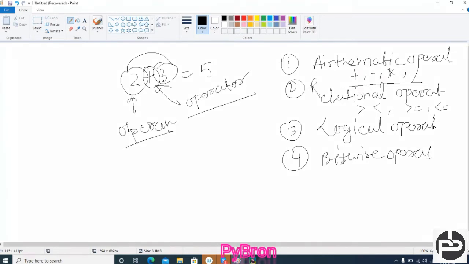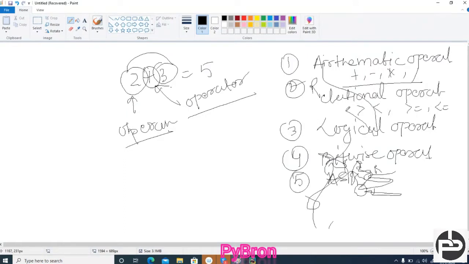And fifth is the assignment operator. Let's see them one by one. I guess you can easily understand the arithmetic operator by yourself.